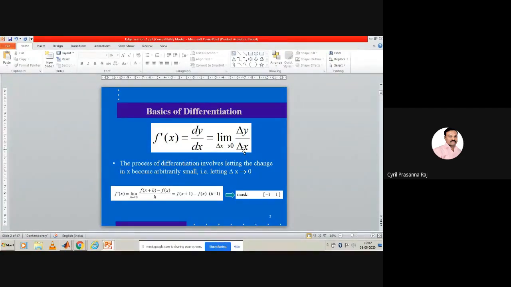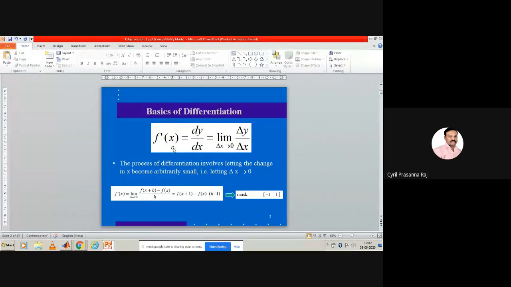If delta x changes, delta y will also change. The ratio of this we call differentiation, and we set the limit delta x tending to 0. This is represented as f dash of x.